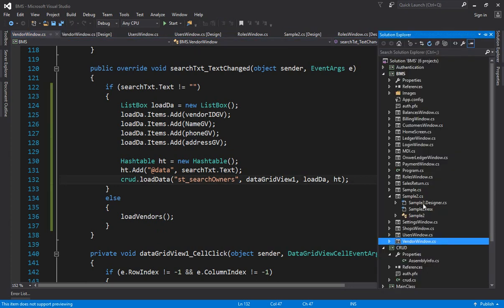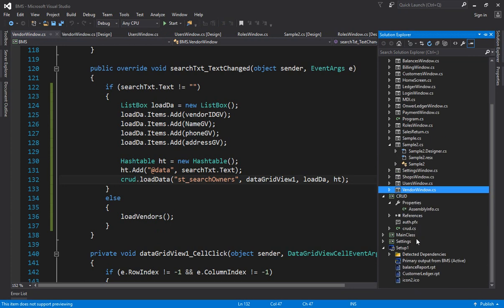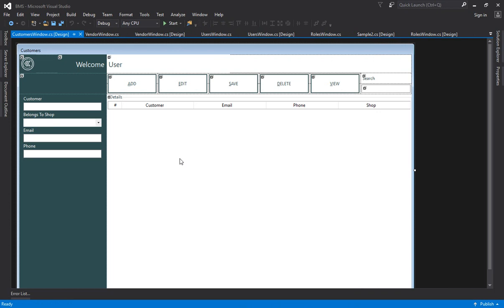Likewise, go to the customers and then do the same for the customers, and then for all the things that you have. Okay, so I'm stopping here, and I hope you have understood what we have done in today's lecture. We have added the search functionality inside our software, and furthermore what we have done, we have